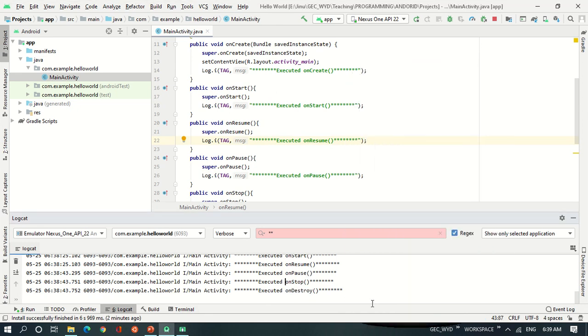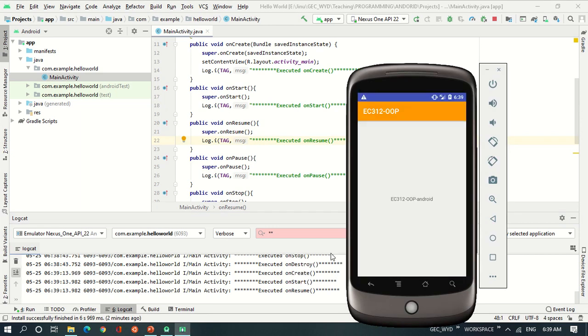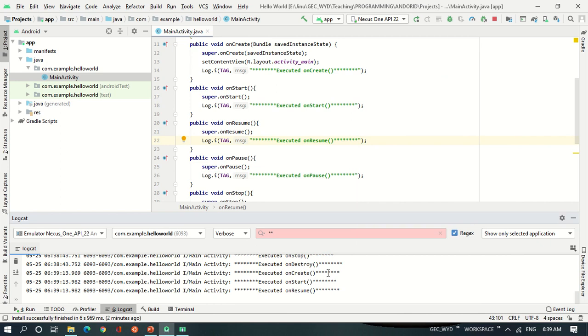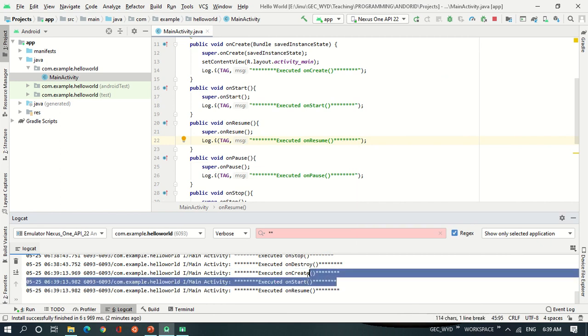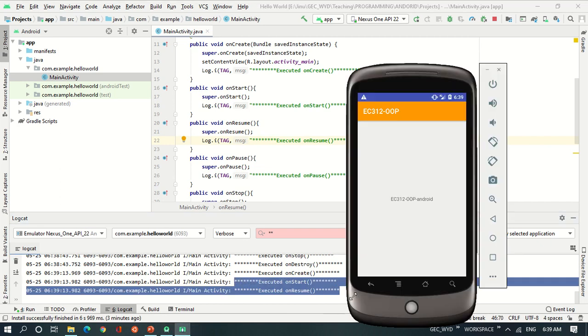Let's look at it once again. Here I click the application. It created the application by going into the starting state onCreate, then it called the onStart and onResume callbacks, so that now currently it is in the running state.